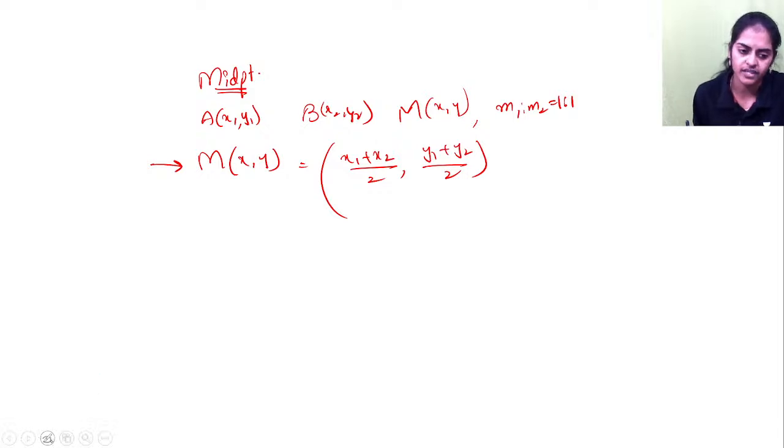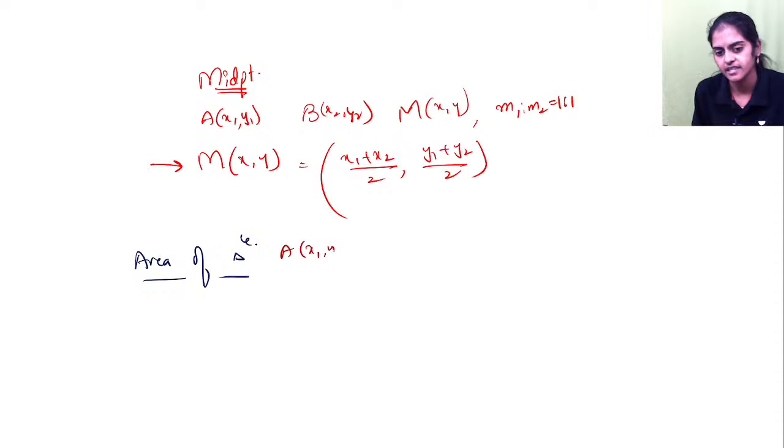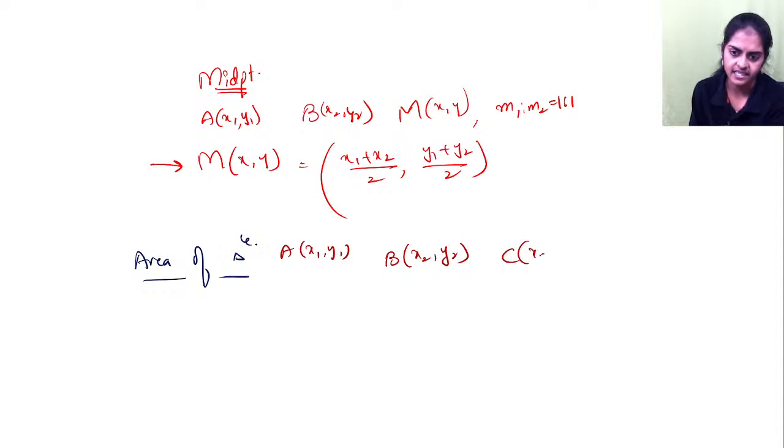You can also find the area of a triangle. Suppose there are points A (x1, y1), B (x2, y2), C (x3, y3). So there are 3 points A, B, and C. If I want to find the area of the triangle, how can we do this question? It is nothing but half. If I want to find the area of triangle ABC,